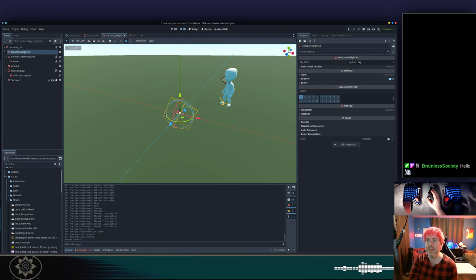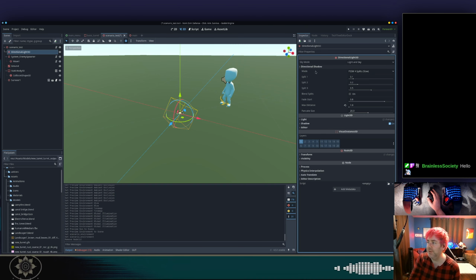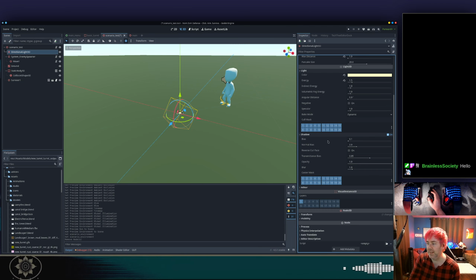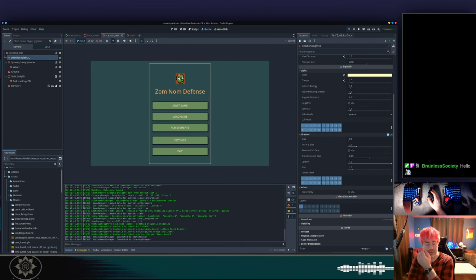Alright, so what did this do for the light? It made it sky mode, light and sky. Makes the light visible in both the scene lighting and sky rendering. Okay, directional shadows. It did things. We have energy, indirect light. It basically did a bunch of stuff for us, right? And then, okay, cool. So we'll save this, and then if I run the game again,